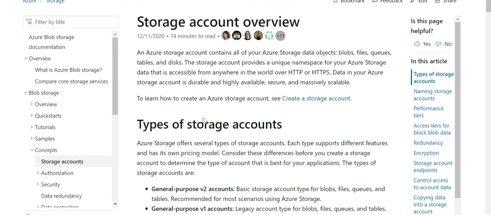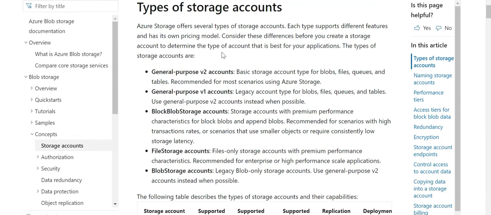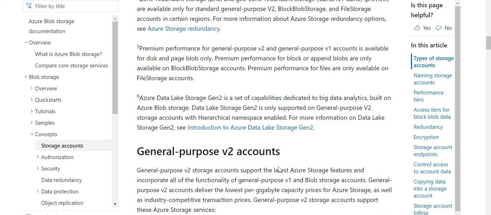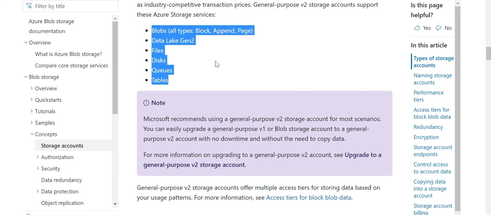If you go to the details, you can also see some elements around the storage account overview, what the different types of storage accounts available are, like file storage accounts, blob storage accounts, block storage accounts, general purpose accounts, etc. And then you can refer to the Microsoft documentation. What I would recommend is go through the videos that I'm uploading, as well as read these links. You can search on Google, or you may refer to my videos where I'm also posting what links I'm referring to, and that will help you prepare for this exam. So these storage types are important.